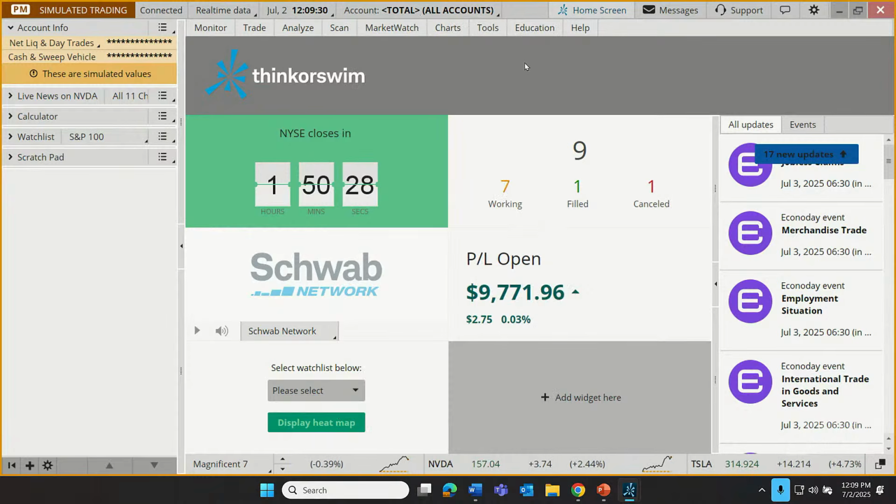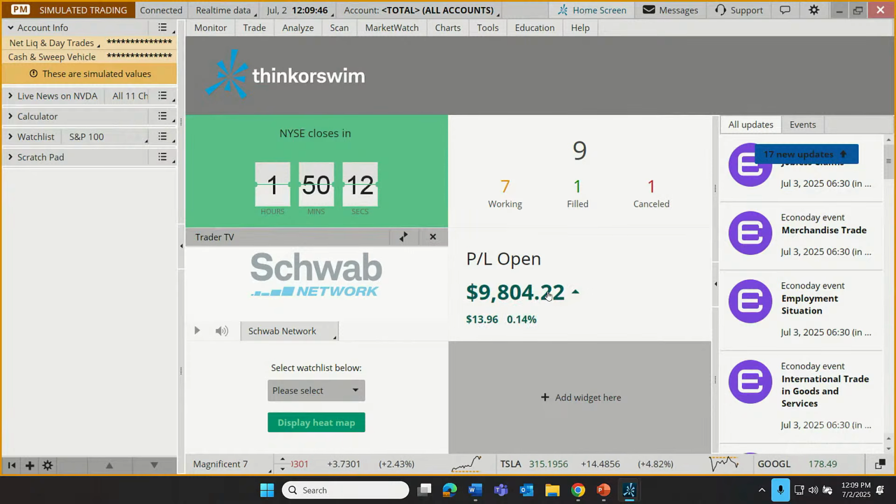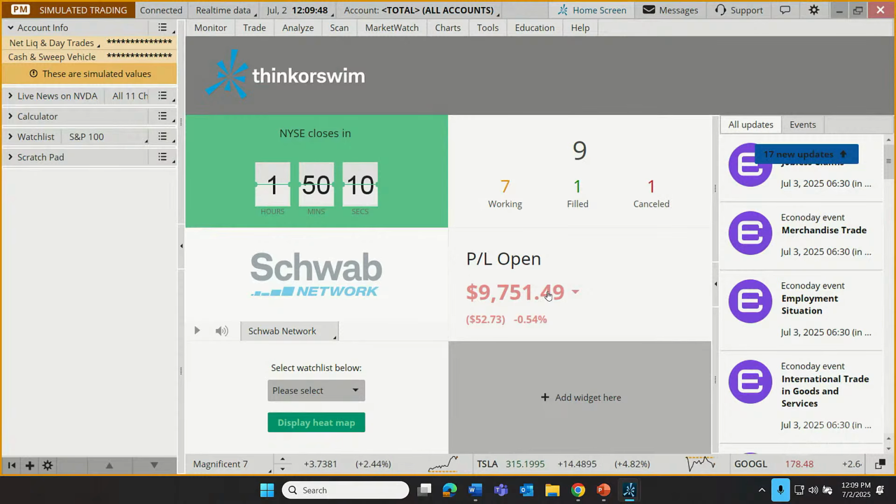Let's just assume that we're now logging in and we find ourselves on essentially the starting point on our Thinkorswim desktop software platform. And this is known as the home screen. You can see it up here in blue at the top of my screen. I'm going to let you explore the elements of this screen. I'm not going to spend a lot of time on it today, because I want to spend the bulk of our time on the navigation of the platform and maybe even planning and placing an example trade.